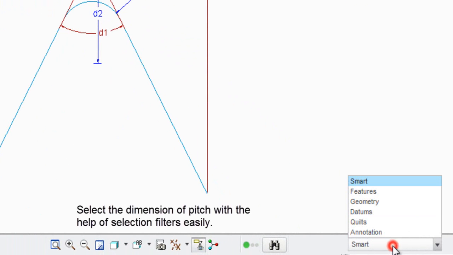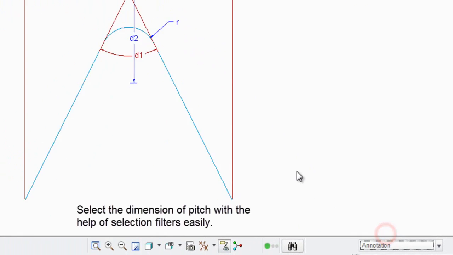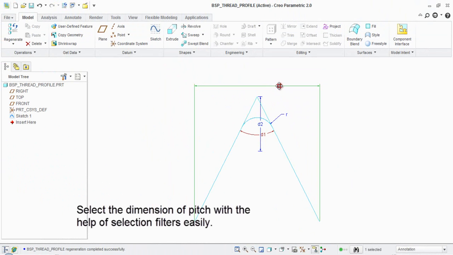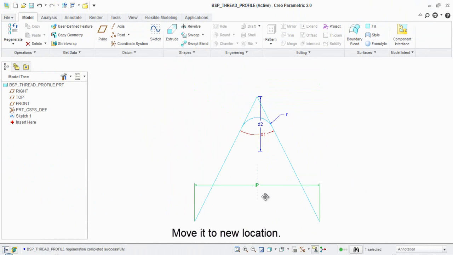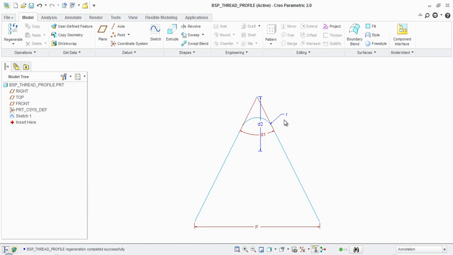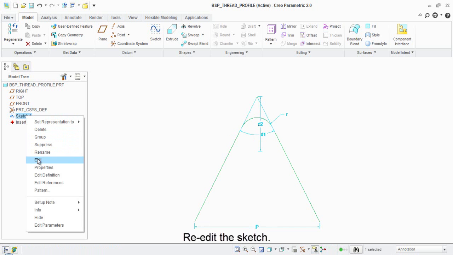Select the dimension of the pitch with the help of selection filters easily. Move it to a new location. Re-edit the sketch.